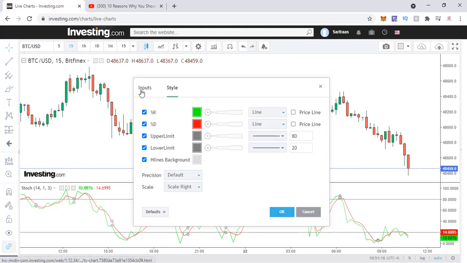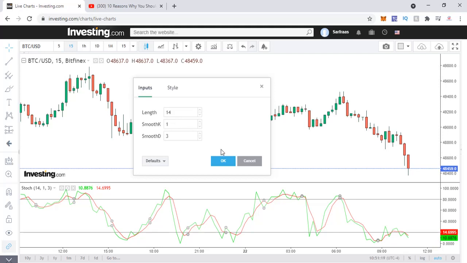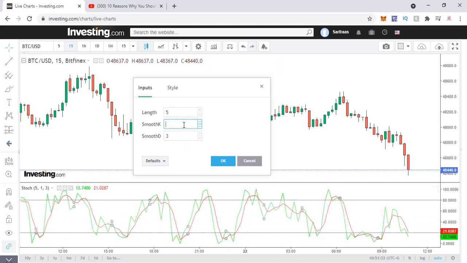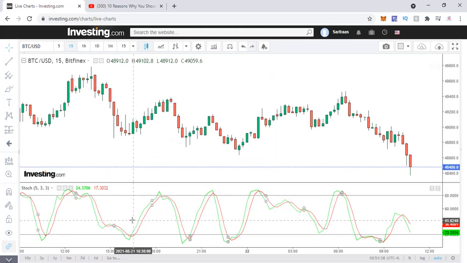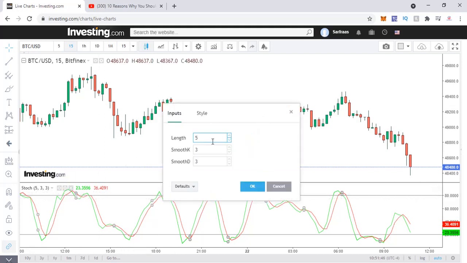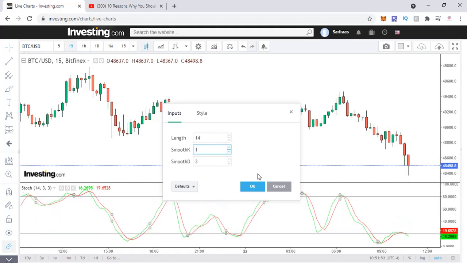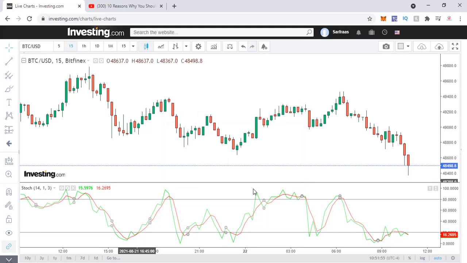So the default period, as I mentioned, is 14. Please leave it as it is, don't tamper with it. Once you become a pro, another thing I learned was that 5, 3, 3 also helps. You'll see that down here it will change and you can see more variations. Instead of 1, when I make this 3, you see it's more smoothed, so the noise is less over here. So you can use this also, but for the moment I would say just leave it at the default. That's 14, which was the default setting over here.